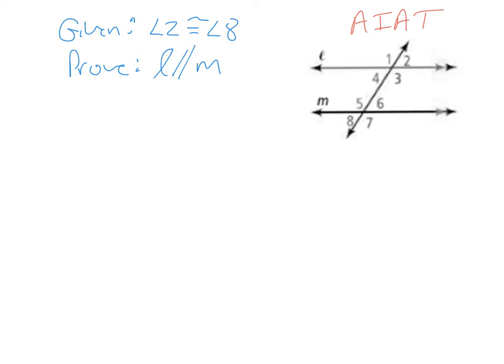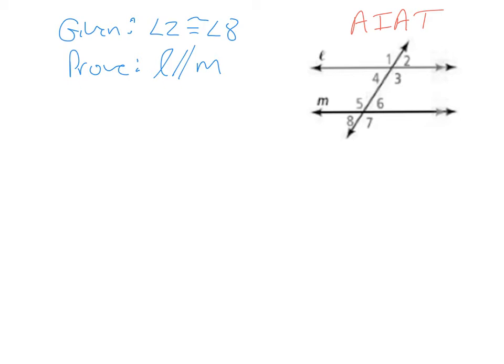Okay, our last example that we'll look at as far as showing that lines are parallel, we're going to do a proof of the alternate exterior angles theorem, the one that we have not looked at yet. For this version, we are going to try and only use the alternate interior angles theorem. So again, when we are trying to show that lines are parallel, and we can only use this theorem, at